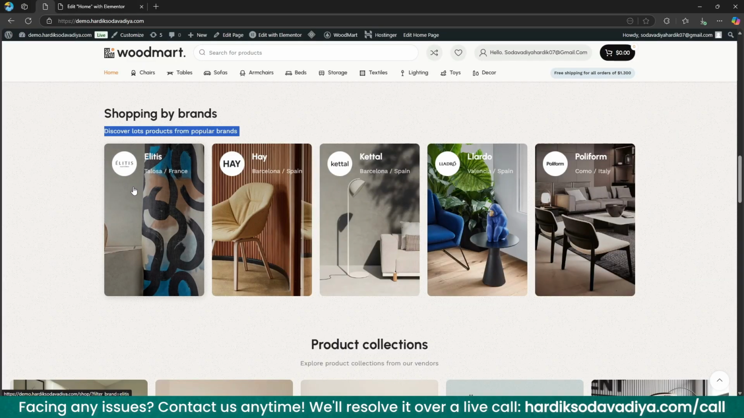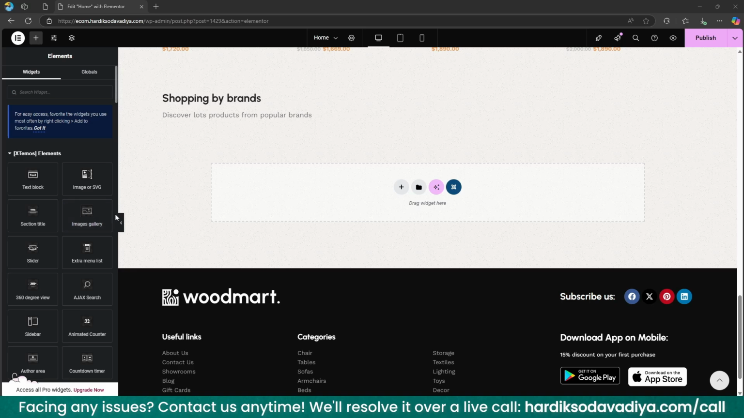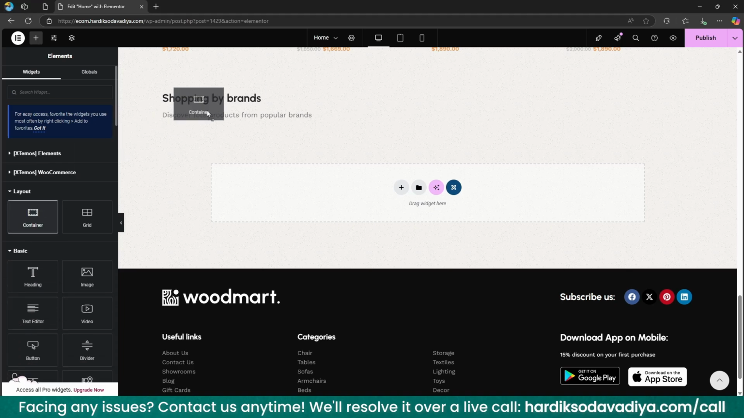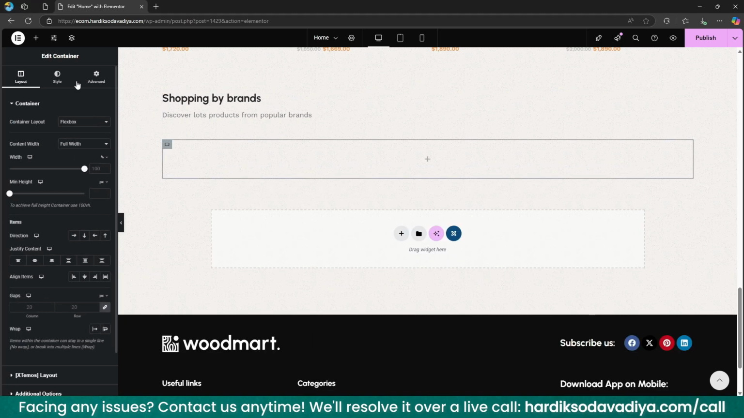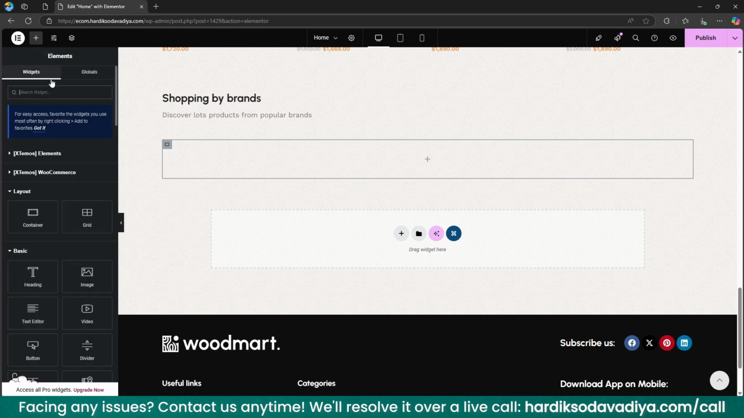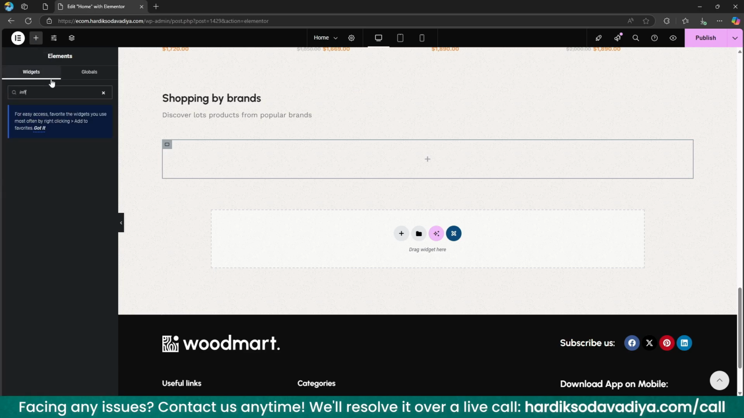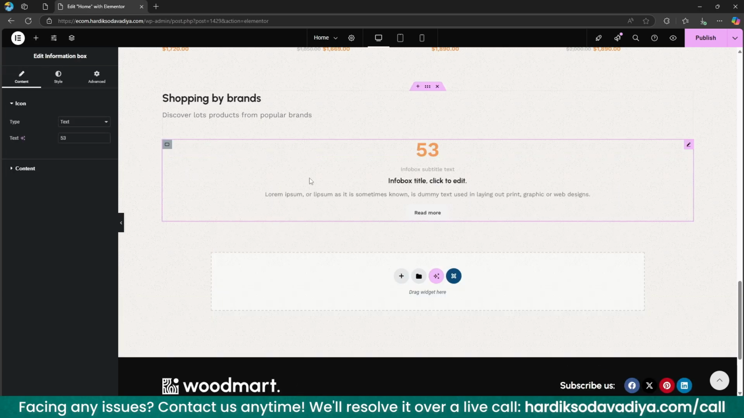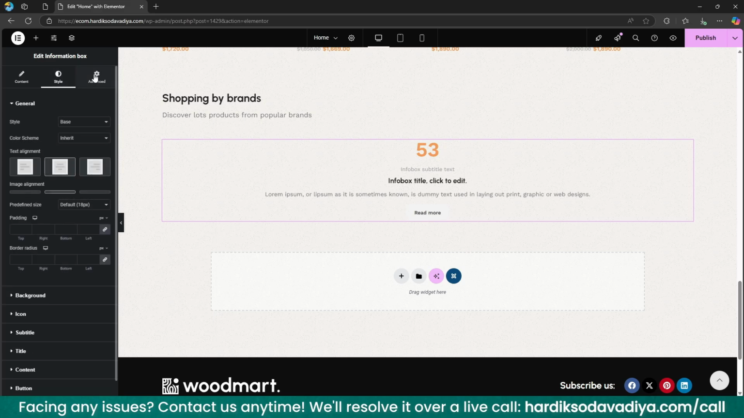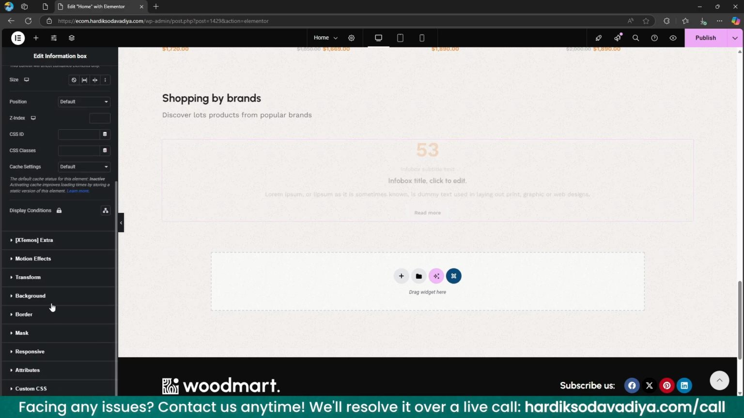Then we will go for this section. So creating this section is very easy. First of all, we will take another section here, another container here, and we will search for information box, this one. Great. Now what we will do here is we will go to advanced and scroll down, and you will see